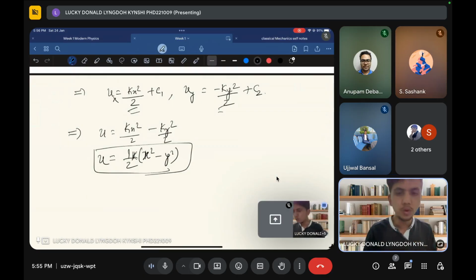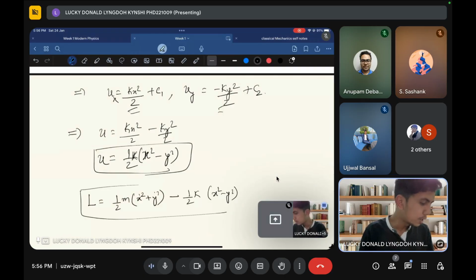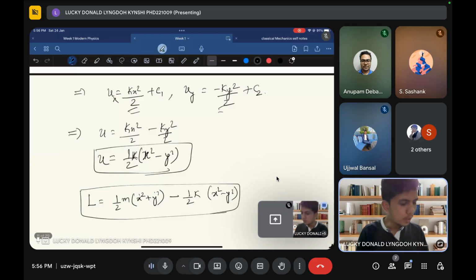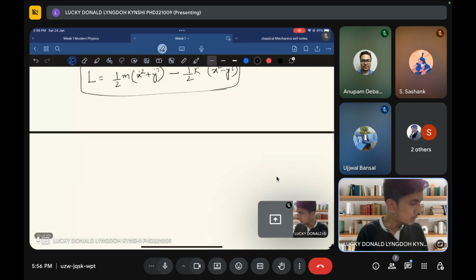Okay, so now you know the potential energy, and also you know the kinetic energy. So you can write the Lagrangian simply as half m of x dot square plus y dot square minus half k, your potential energy, x square minus y square. So now you know the Lagrangian. Using this formula, equation 1, you can calculate your Hamiltonian. So what is the Hamiltonian now? The Hamiltonian will be equal to